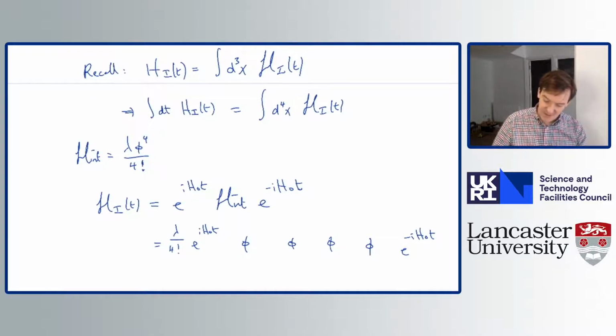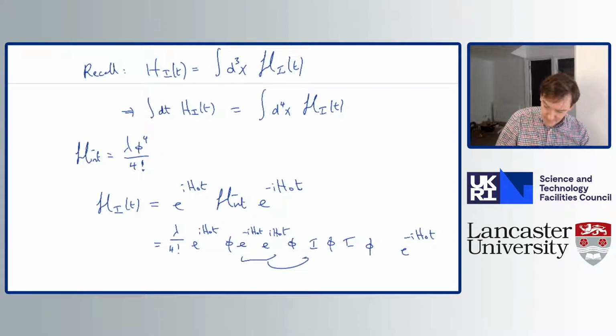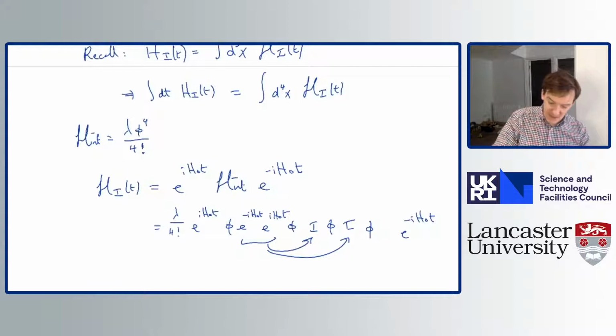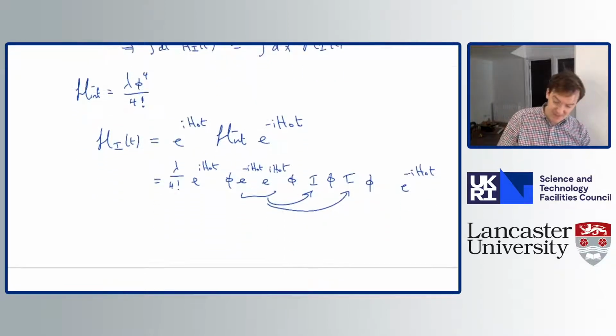I'm writing it in this way because what we want to do is to insert the identity in between each of these terms. And I'm going to write the identity in a special way, as e to the minus i H naught t, e to the plus i H naught t. And if we do that everywhere, we see we get this pattern where we have e to the i H naught t, phi, e to the minus i H naught t, and that will appear 4 times. Okay, we put in all of the terms, and that allows us to write our interacting Hamiltonian density as